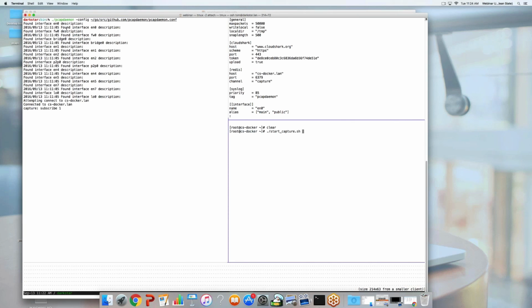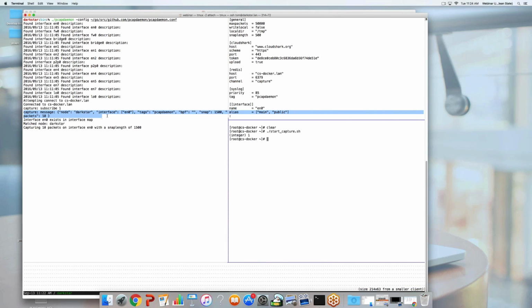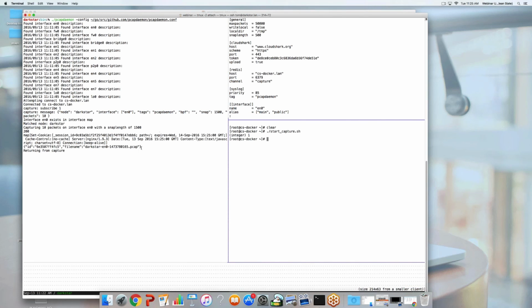But if I need to capture on that machine, I wrote a little script to push my messages to Redis. And you can see over here in the pcapdaemon debug output, it got a message saying to start capturing. We're going to tag it with a specific tag, and it's uploaded my capture to CloudShark so that I can